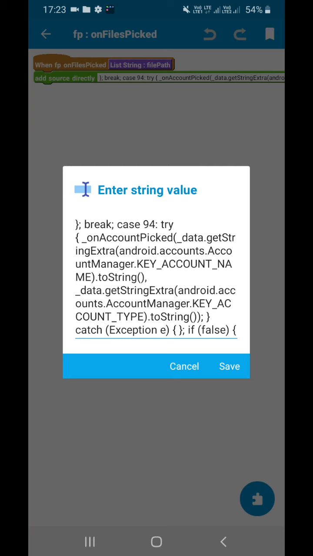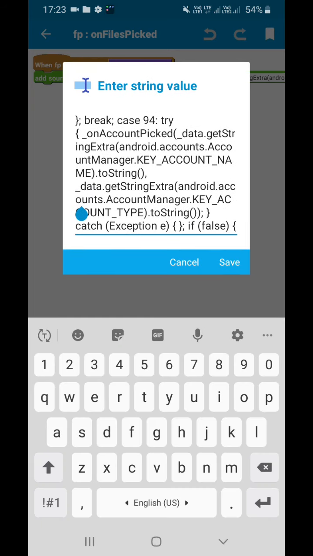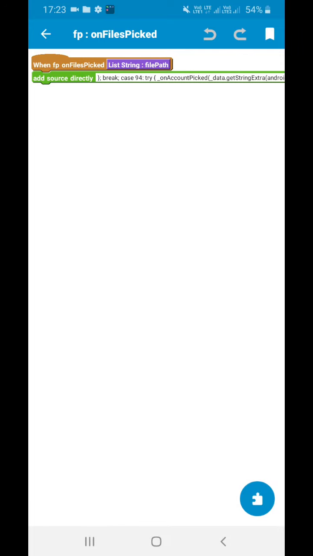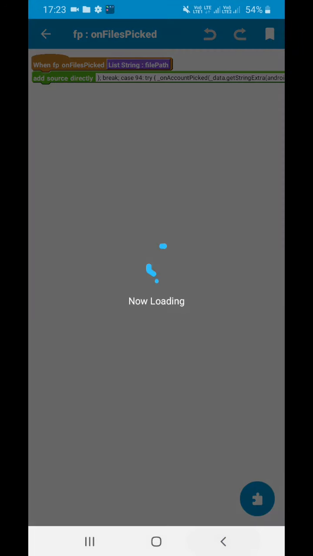So I will upload this code in the description itself. You have to just copy this video's URL, open it via Google Chrome and copy the code from the description. Sorry for the inconvenience caused. You have to use this code there.